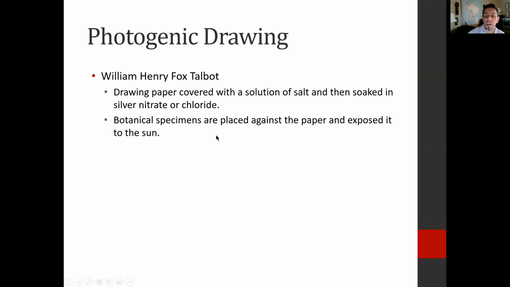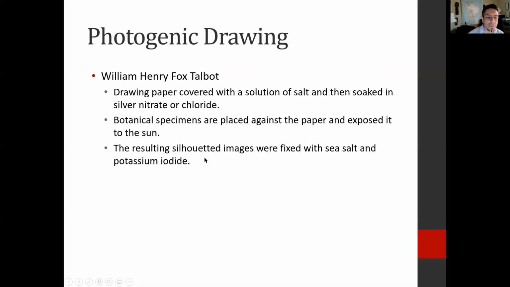So the only thing that could be accurately transcribed from nature to paper were botanical specimens. That means leaves and flowers and those kinds of things, because you can place them onto the paper and allow light to create the copy. And that's how you would have your photogenic drawing. You couldn't do the same thing with a person or with a landscape or anything else, right? Because